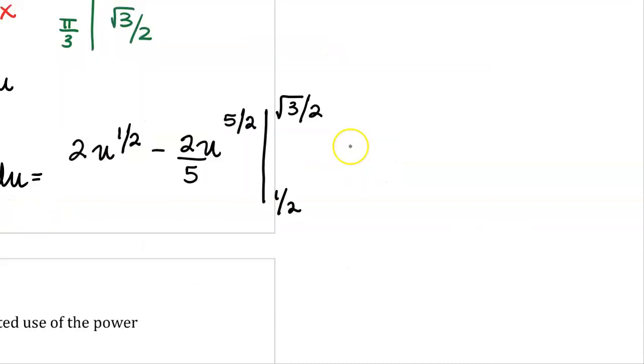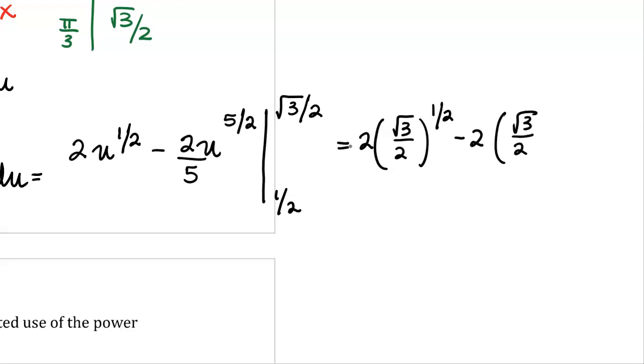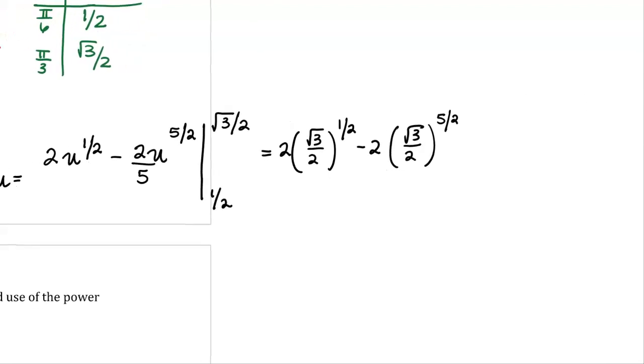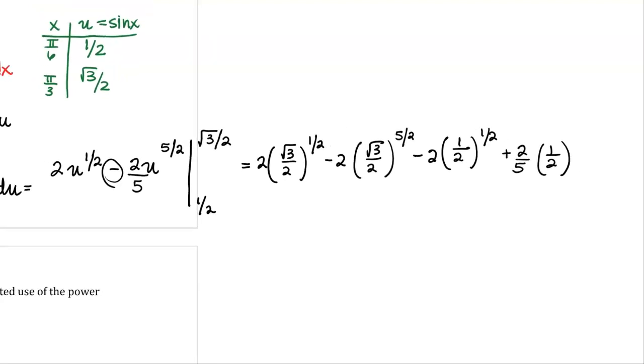So plugging in our upper limit of root 3 over 2, I have 2 times the square root of 3 over 2 to the 1/2 power, minus 2/5 times the square root of 3 over 2 to the 5/2 power. And then from all of that, we are subtracting, now plugging in my lower limit, 2 times 1/2 to the 1/2 power. And then we add, because careful with your signs, I'd be subtracting a negative, a 2/5 multiplied by 1/2 to the 5/2 power,